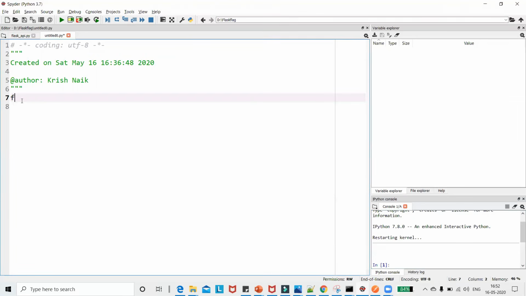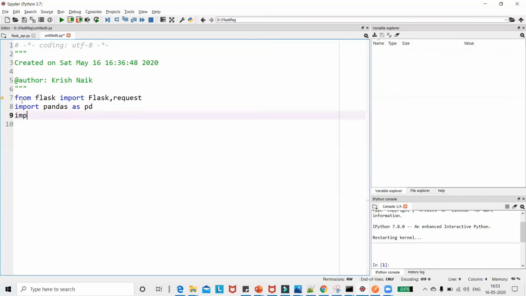So first of all, I'm going to import the Flask library from flask. And remember, with Python greater than version 3, Flask is automatically present inside that particular Anaconda version itself. I'm also going to import request because request will be helpful for doing the get and post. At that time, we'll be using this request library, and I'll show you how it will be used. Then I'm going to import pandas as pd because I may be requiring pandas, and I may import NumPy as np. Apart from that, I will also be using one more library, but I'll keep that for the later stages.